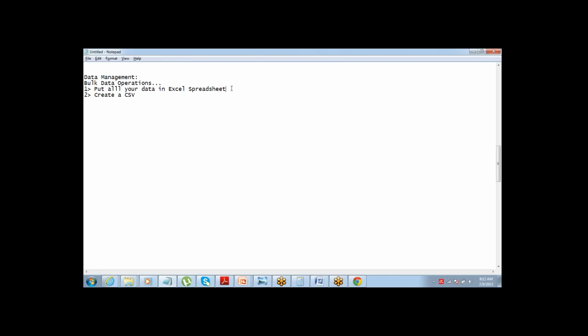The data that needs to be imported needs to be put in an Excel spreadsheet, and then the second step is to create a CSV for it. CSV is a file format. Basically, the Excel file needs to be saved in CSV format.